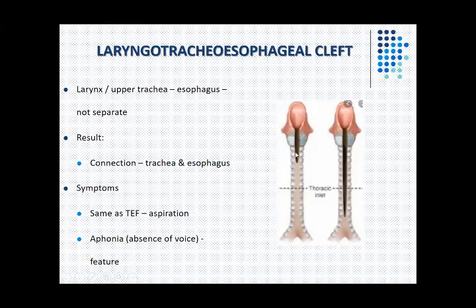Obviously, there is a connection between trachea and esophagus। उसकी वजह से वो सारे problems जो हमने अभी tracheoesophageal fistula में किए थे, all those problems are present। ठीक है, regurgitation भी है, polyhydramnios भी है, etc. all that। But in addition, since इसमें ये larynx भी involved है,